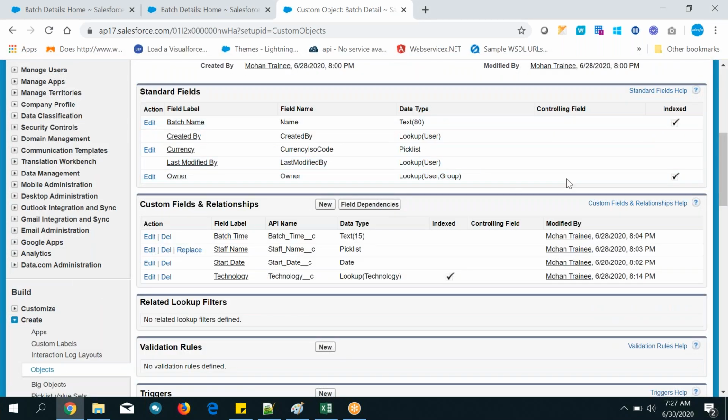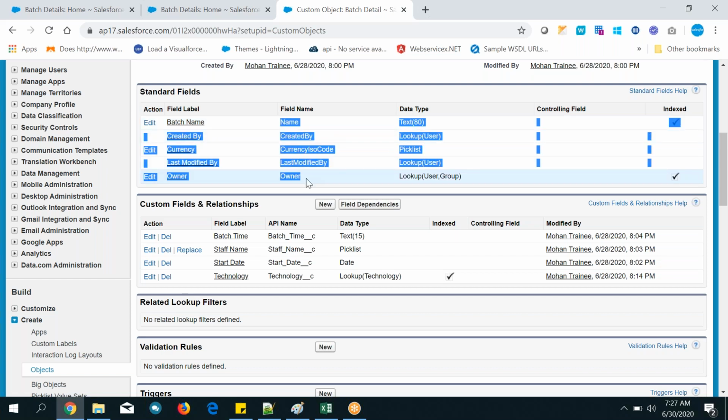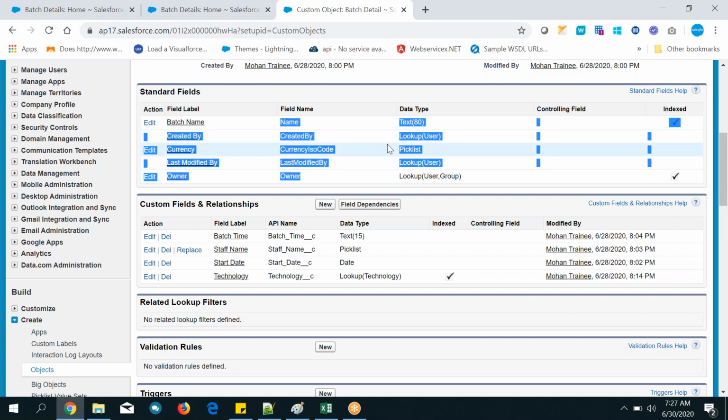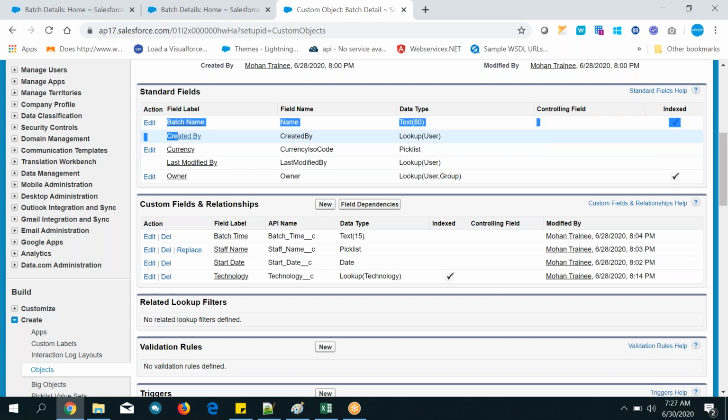Okay. In any custom object, there is a standard field, right? Batch name. Name is the standard object, standard field, right? Yeah, so batch name is the standard field. And can we create the staff number in the custom field? There is a staff name field also there.